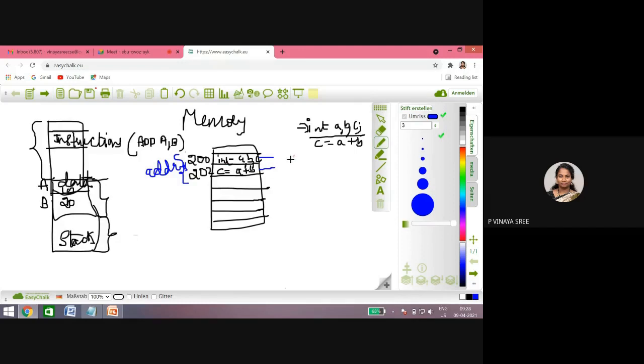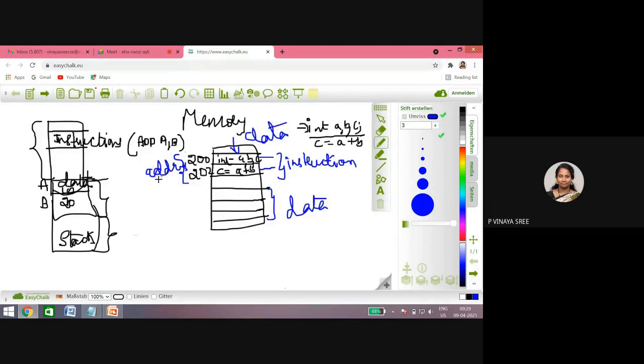You must know the difference between an instruction and the data. Here this is an instruction. When you go to those locations again, you will be getting data. I will be talking about it as data only. So the inside part will be considered as data, and the outside part will be considered as an address.